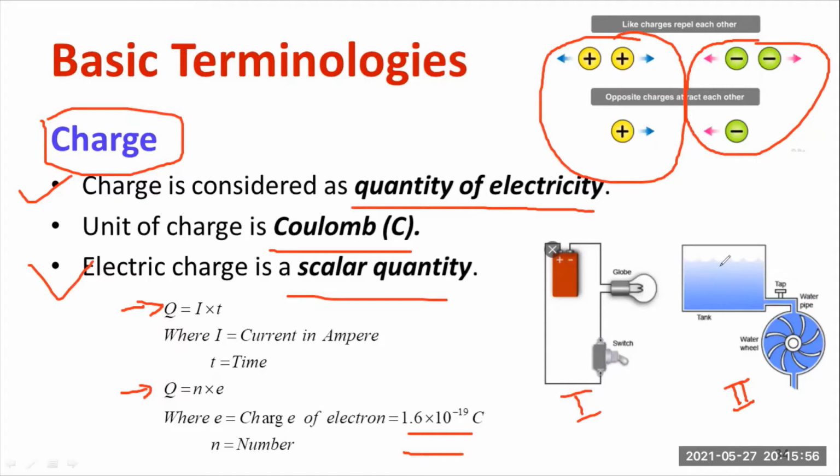In the second diagram, there is a water tank where the water is kept filled to almost 75%. There is a tap for controlling the movement of the water, and we have a water wheel. The water wheel can be directly compared with the lamp. Both are loads. The switch can be compared with the tap. The charge stored inside the battery can be compared with the water stored inside the tank. That is a beautiful analogy. You have to understand that we cannot observe electricity with the naked eye, but we can compare it. If you understand this concept, everything will be simple.